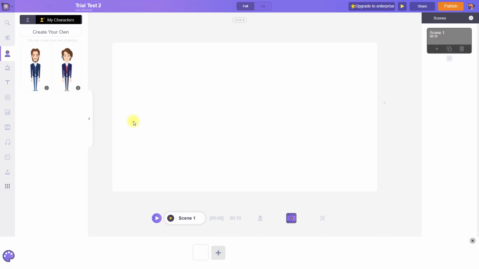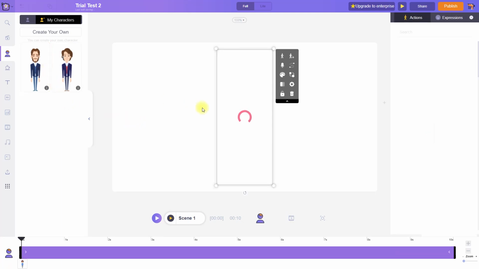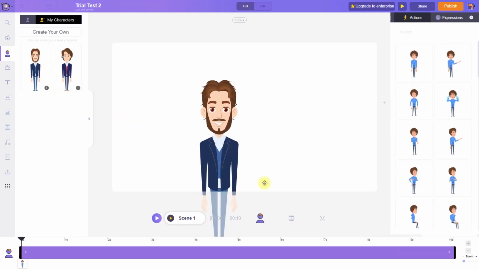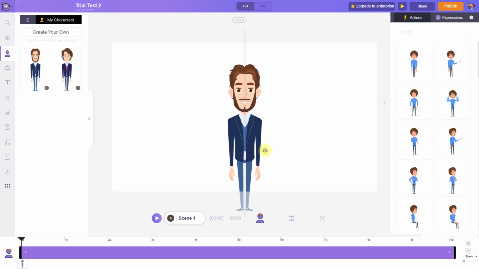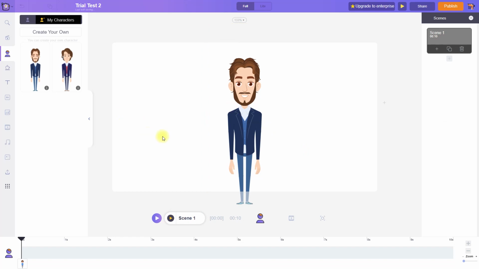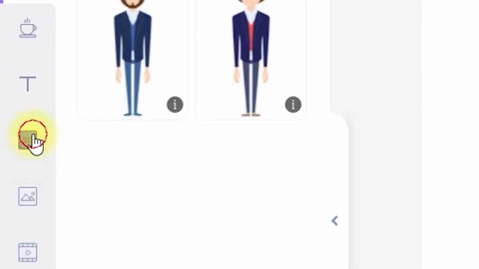Now guys, we'll be importing our character here. So yeah, this is our character. It looks so happy. So we have these lines as well, which are giving us direction. So this is perfect. Now I'd like to add a background to this scene. So for that, I'll click on this background PG,